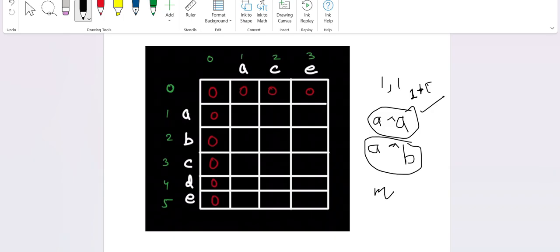Now for the unequal case, what we are going to do is find the maximum of either i minus 1 comma j or i comma j minus 1. Why? Because these two actually contain the answer